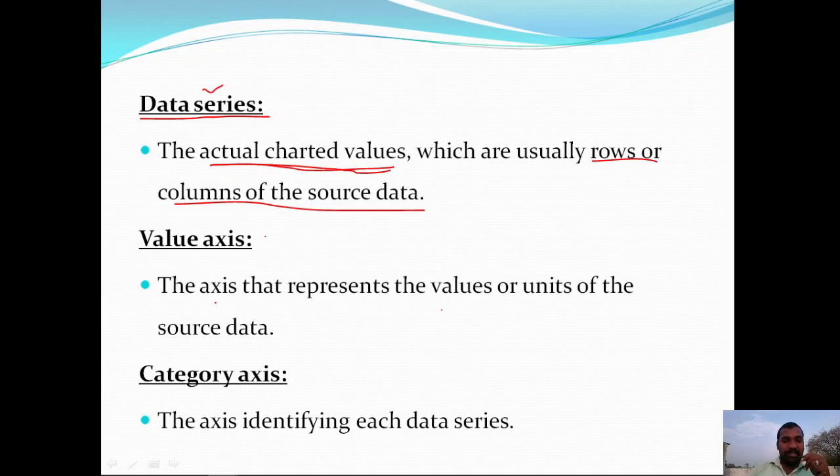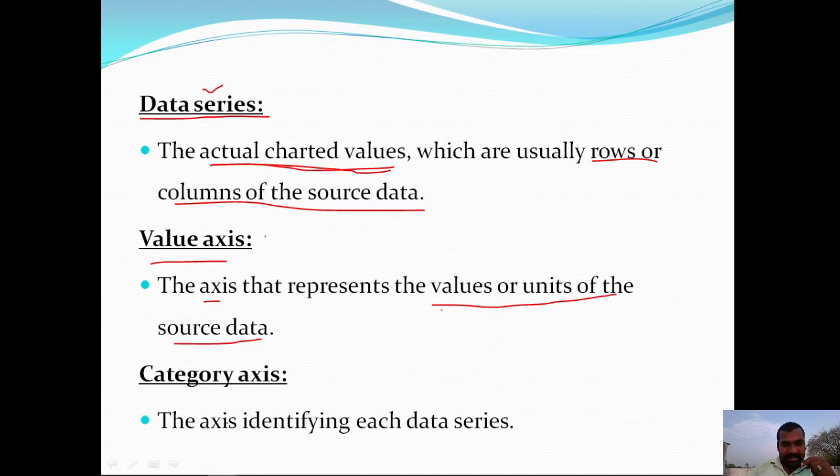Coming to the value axis, the axis that represents the values or units of the source data, we are calling it the value axis. The actual charted values which are usually rows or columns of the source data are called the data series.